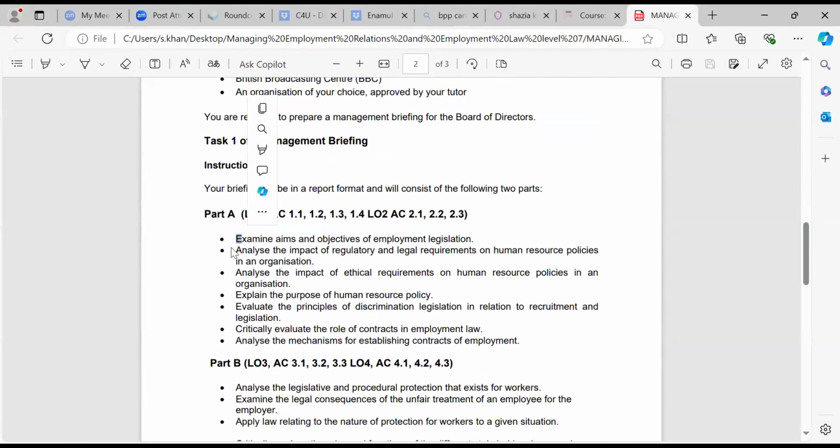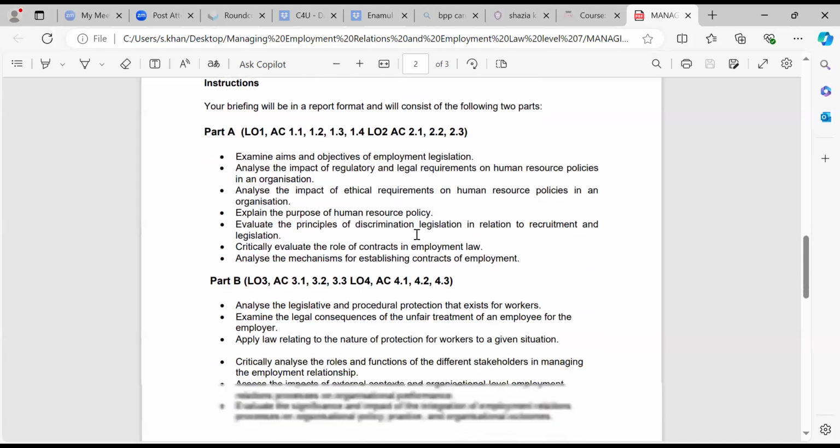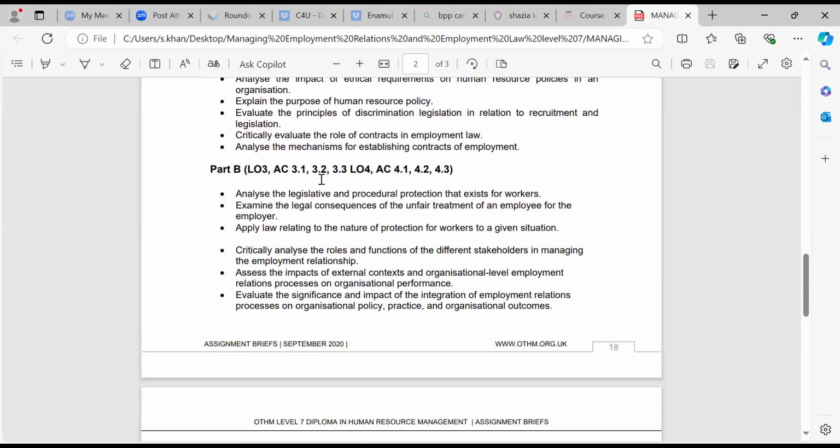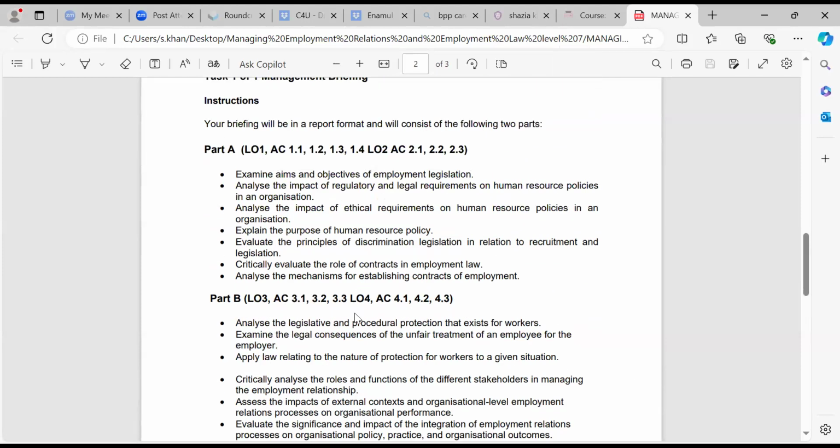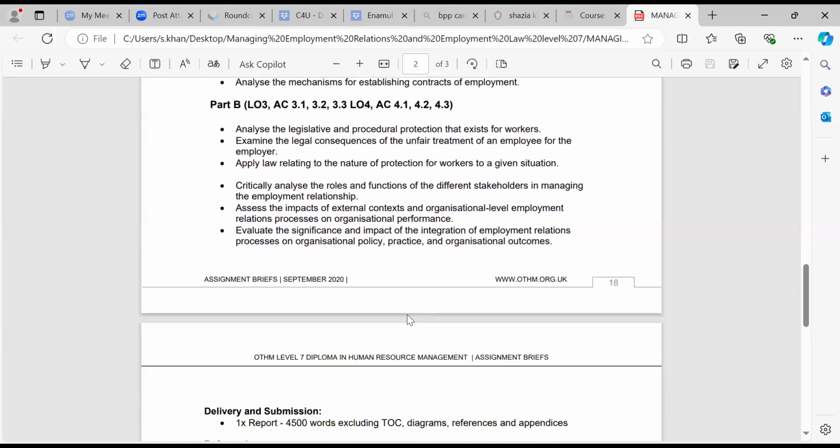So you've got 1, 2, 3, 4, 5, 6, 7 in part A. So each one you need to highlight and then write the answer under each one, highlight and write the answer under it. And that is learning outcome 1 and 2, which I mentioned before. Part B is there, which is learning outcome 3 and 4. And so there's 6 parts to that. So the first one being that. All these are on the slides for you to do. Refer to the slides as well, okay? And then each part, and then write under each part. So each part is either referring to learning outcome 1, 2, or 3, and then or 4, and then which assessment criteria you need to follow.